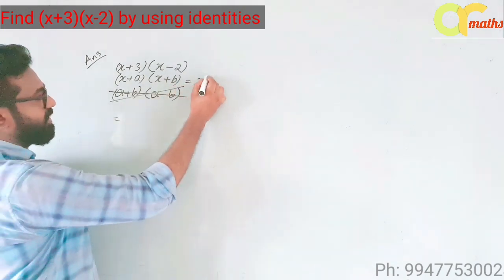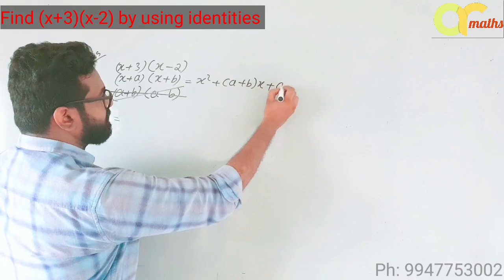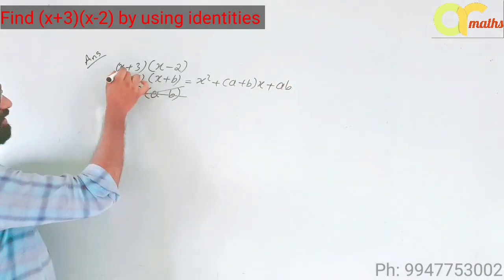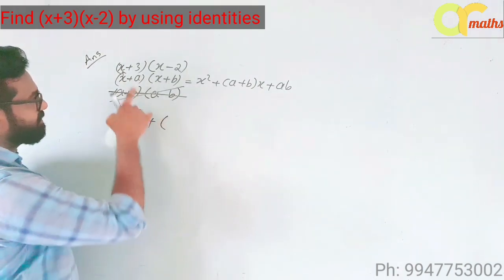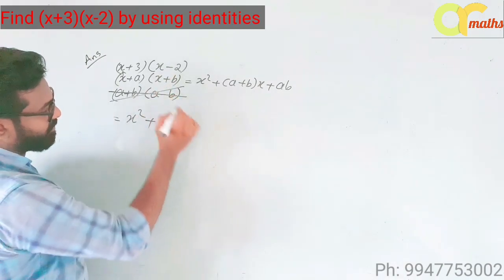You know, x square plus (a plus b) into x plus ab. So here, what is x square? In the place of x is also x. So x square plus (a plus b), 3 plus what is b? Here b is minus 2